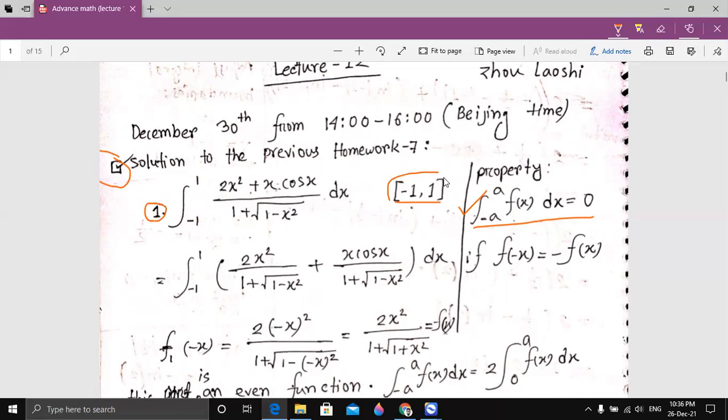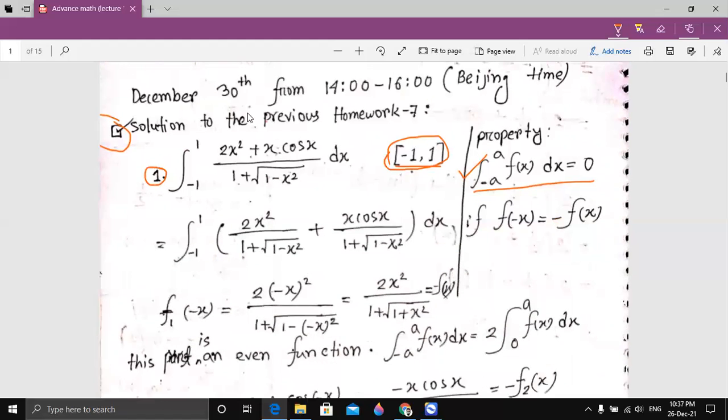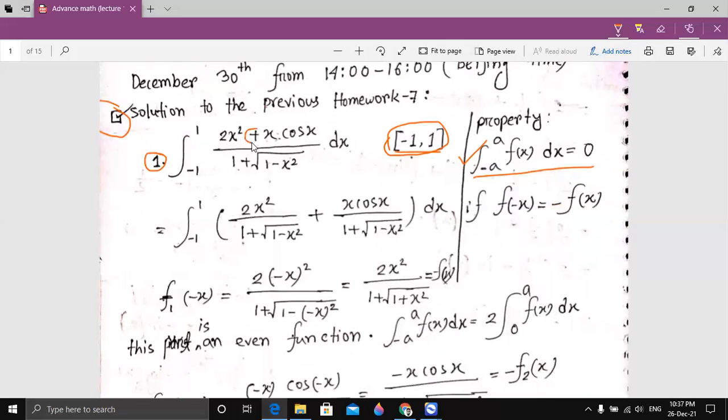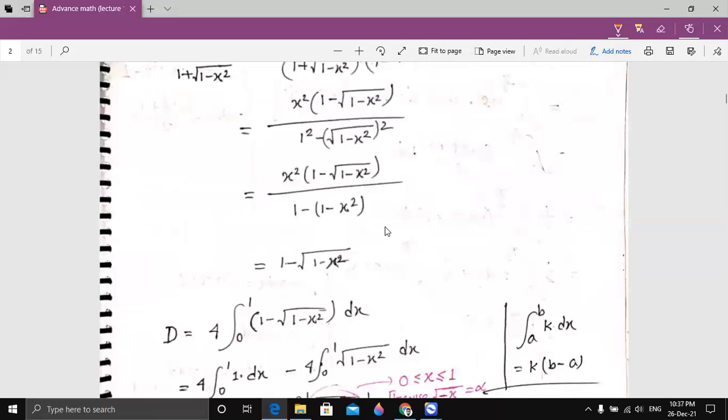Okay, so if there is a symmetric interval, then we can consider the odd function and even function formulas. For example, we have a plus here, right? Our main target is to break down this function into something like a formula that we already know. For example, the last line here is